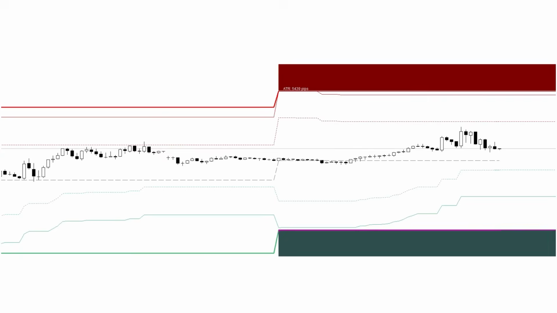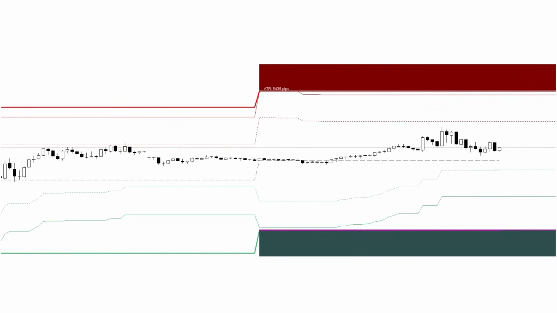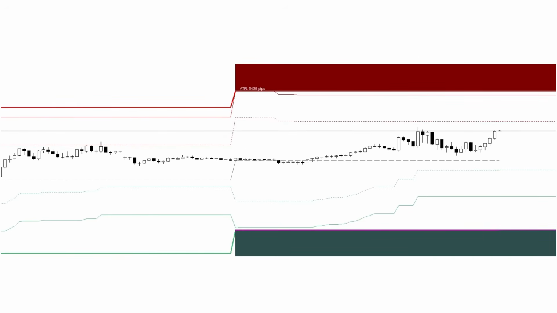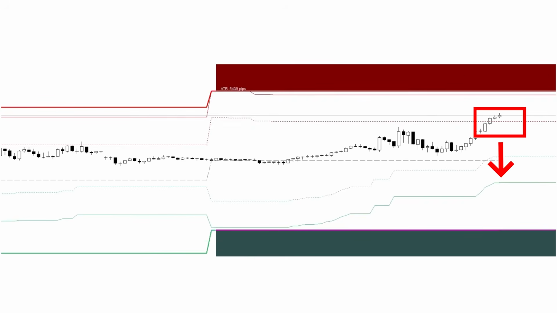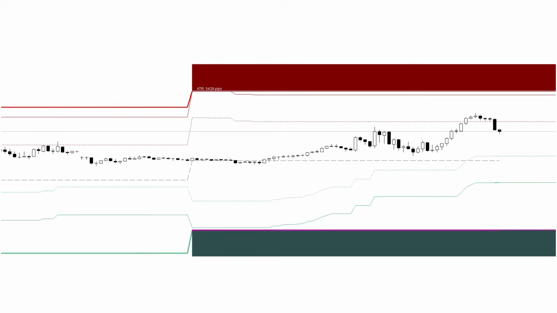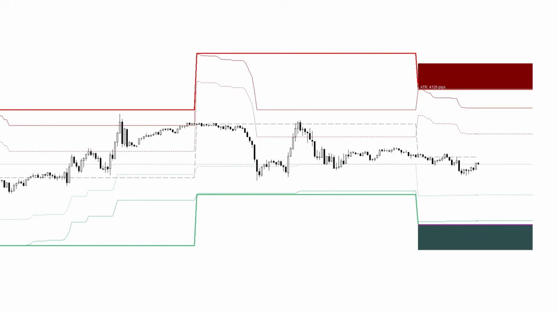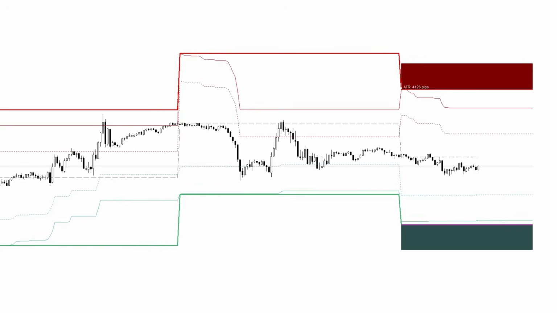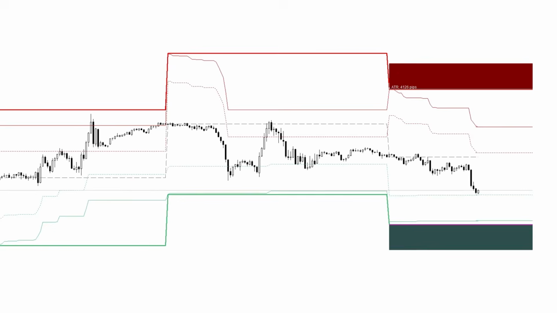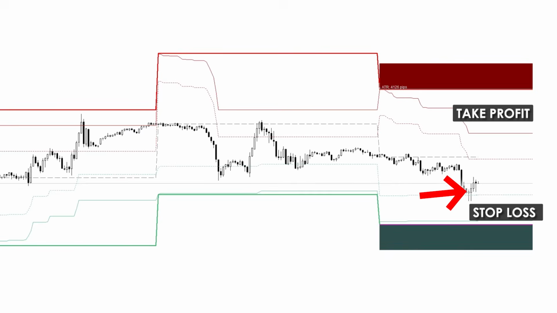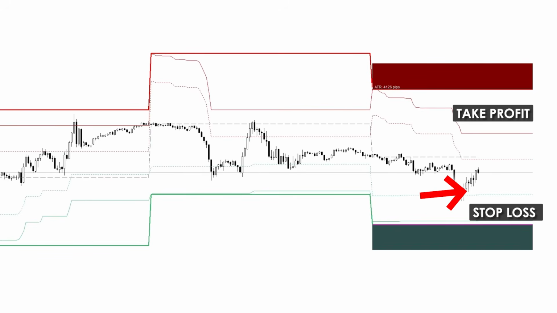Next is the most interesting part. ATR Zone helps to determine in which zones the market loses energy, and these are the points where pullbacks or reversals are most likely to occur. We will open trades exactly at such moments, but I will tell you about it a bit later. And of course, the third advantage is clear entry and exit points. You don't just see the levels, you observe the price reaction, and you can make decisions based on specific zones,